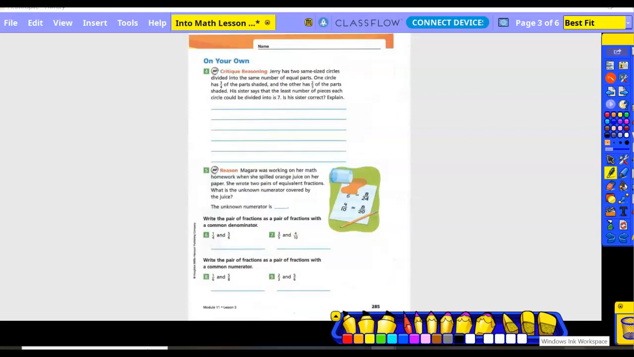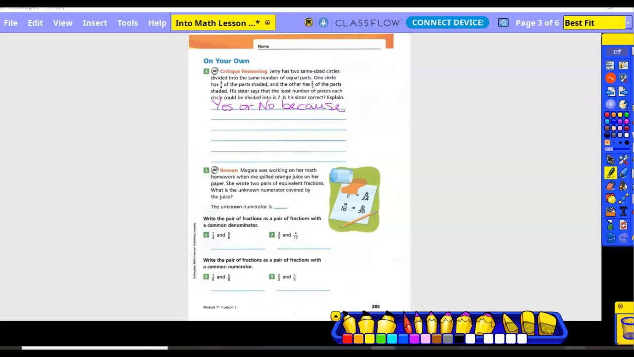On your own, number 4, critique reasoning. Jerry has 2 same-sized circles divided into the same number of equal parts. One circle has 3/4 of its parts shaded, and the other has 2/3 of the parts shaded. His sister says that the least number of pieces each circle could be divided into is 7. Is his sister correct? Explain. So yes or no, because,